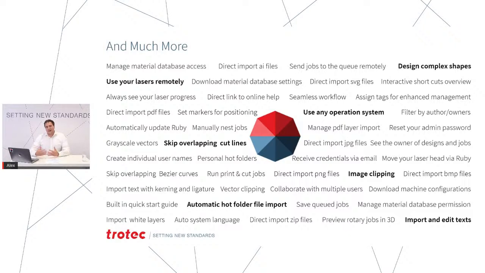And we want to provide laser users with all the tools they need for their daily business. And this will really offer new value to you that has never been seen before. And we believe that together, our customers and Trotec, we will actually redefine the way how lasers work